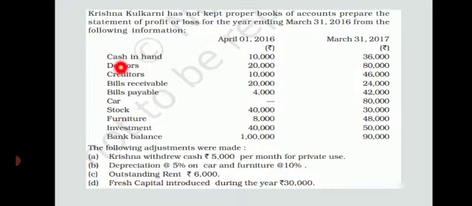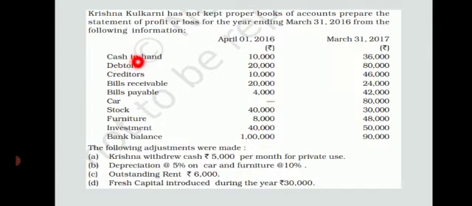Here is the list of assets and liabilities at two different points, that is, at the opening of the financial year and at the end of the financial year. These are opening balances and these are closing balances, used to prepare the statement of affairs, to find out opening capital and to find out closing capital. We'll read them one by one and check where they will appear.